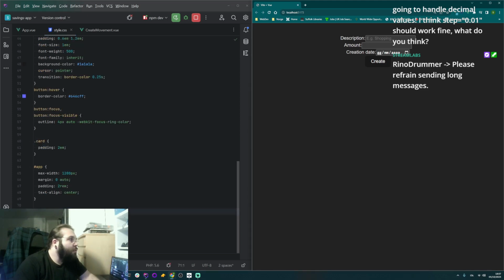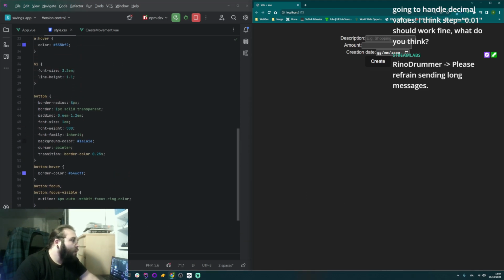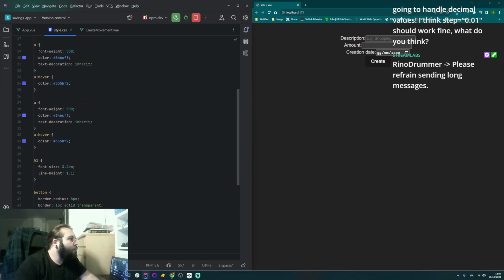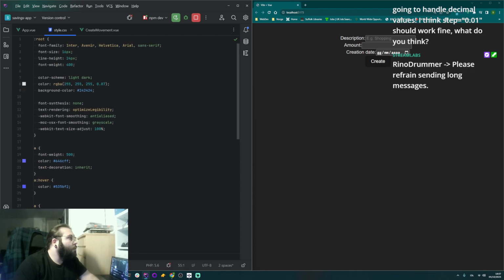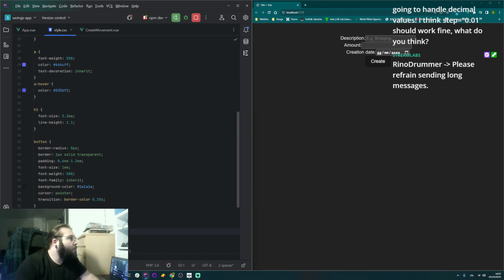I think we can lift this off as well. We leave it card, we don't really need a card. Button focus line. No, we leave this. Button hover, H1. A hover, yeah, that's fine, that's cool. Let's just say,